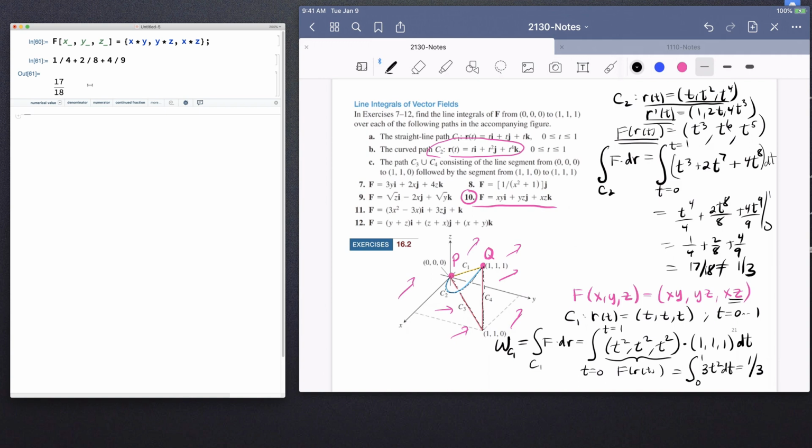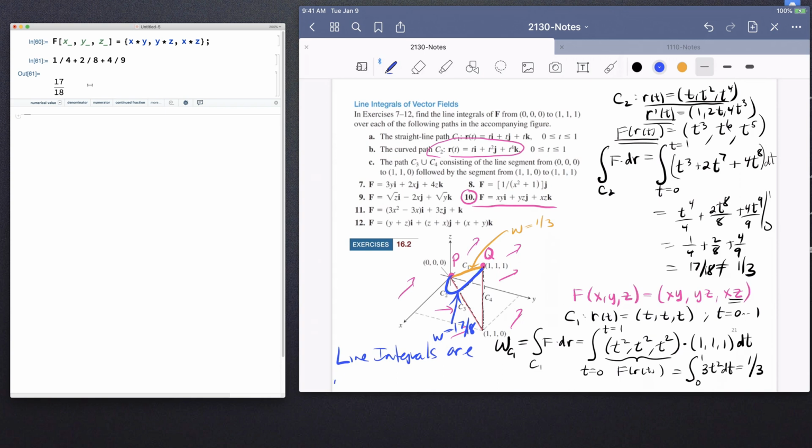So one thing that we're finding is that the work along this particular arced path versus the straight line path, the work was a third, and then the work along this other edge is equal to 17 over 18, more work. Okay, so we've discovered something very important in this problem, that the line integrals